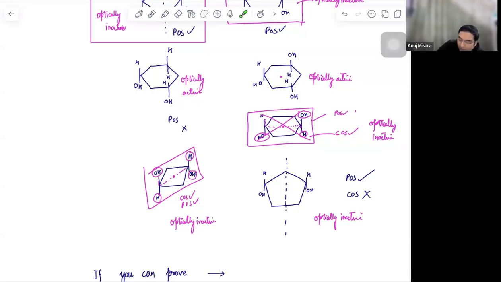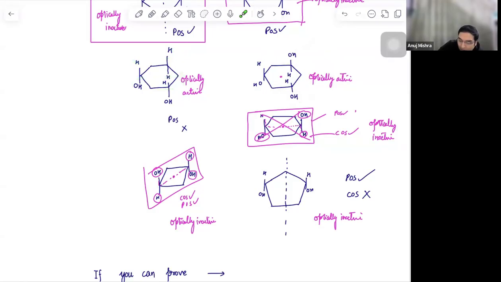So just observe this case, for example, this one. Can we say we can take this plane? So in this plane, OH and HOH are opposite. Hence, this is optically active. In this case, if you take this plane, for example, this plane,